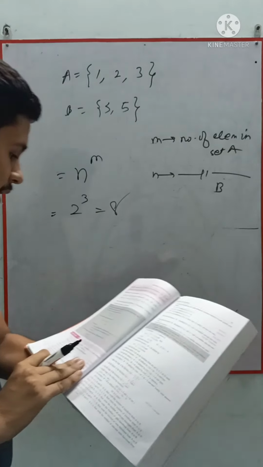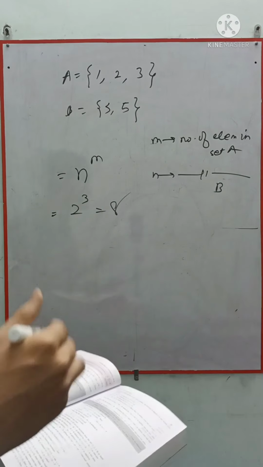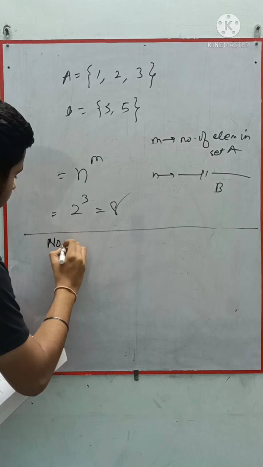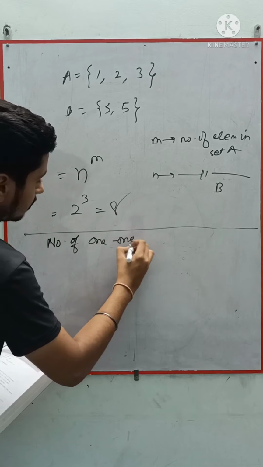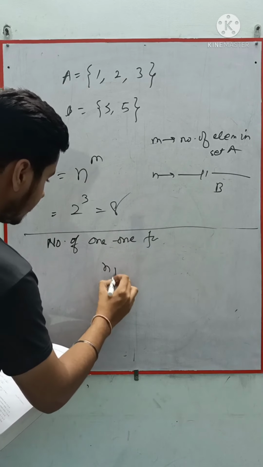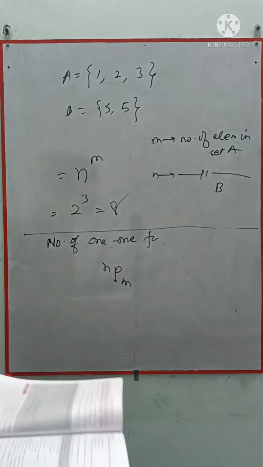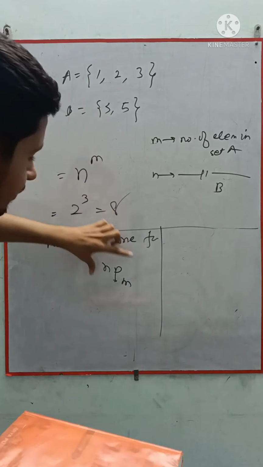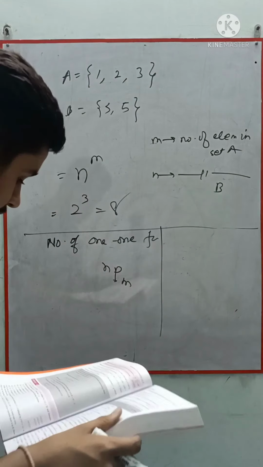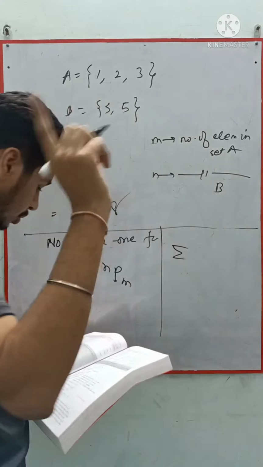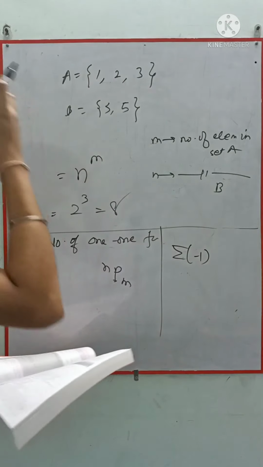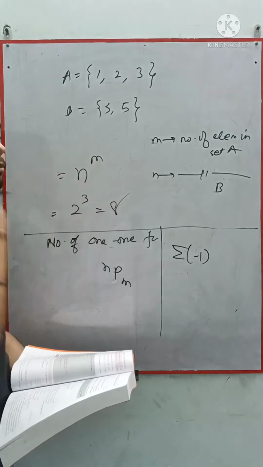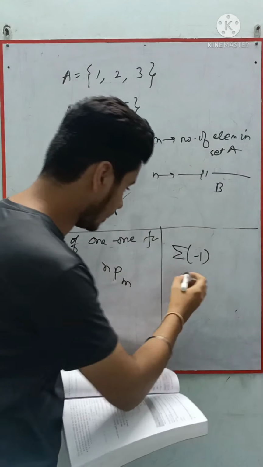Similarly, you have the formula for the number of one-one functions from set A to B. To find the number of one-one functions, the formula is nPm. Now this P is a permutation. I hope you are understanding the meaning of this formula. You have to think about how they came to it, because it can be understood very clearly why they have used the permutation here, why they have used such a type of formula.